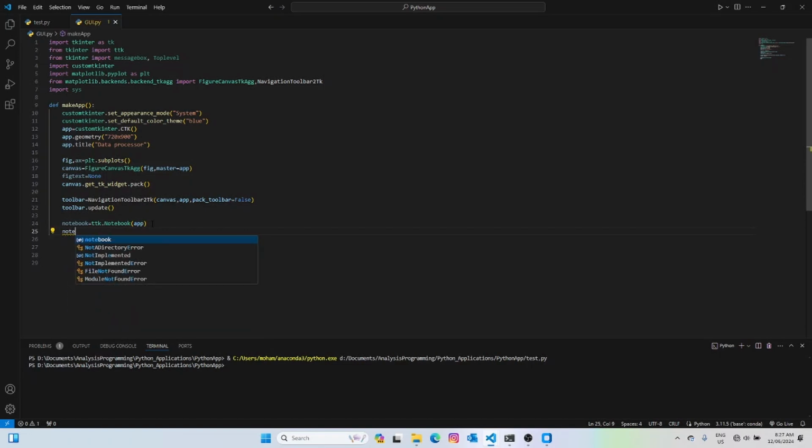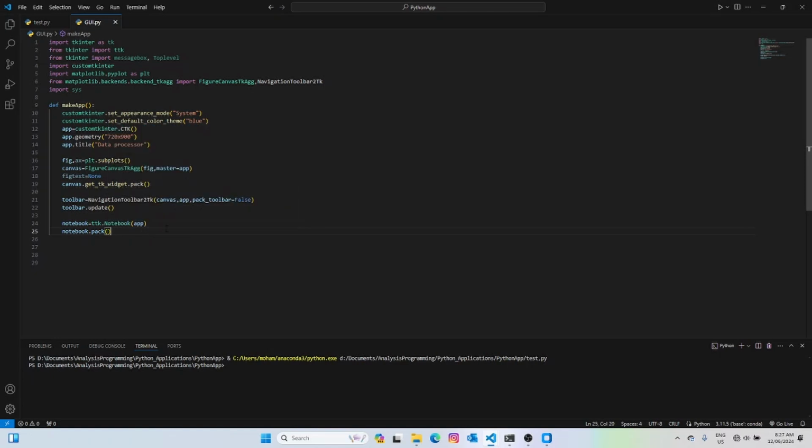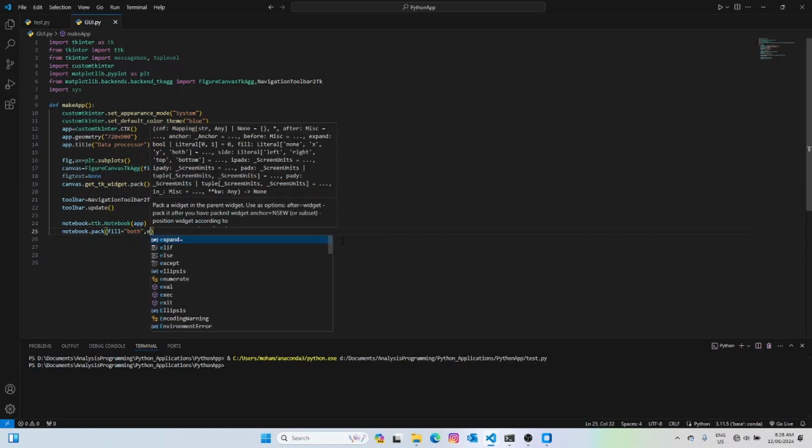And notebook.pack would put it below the toolbar, and for that we should make this notebook fill every space that is remaining in the window. So we say fill equal both and